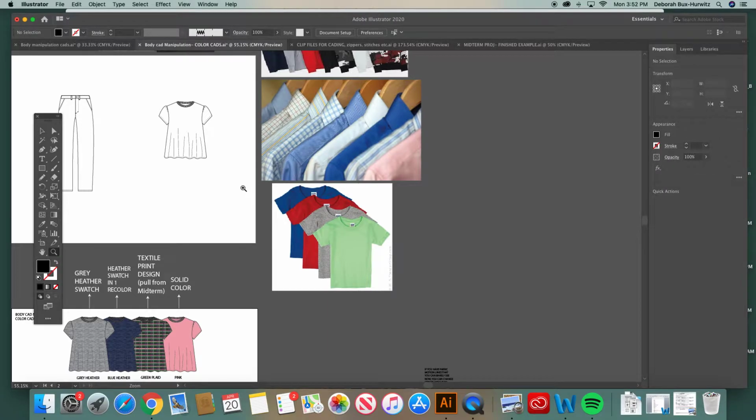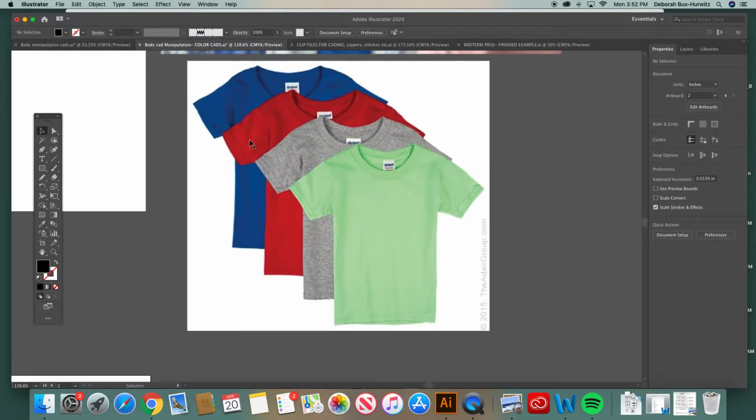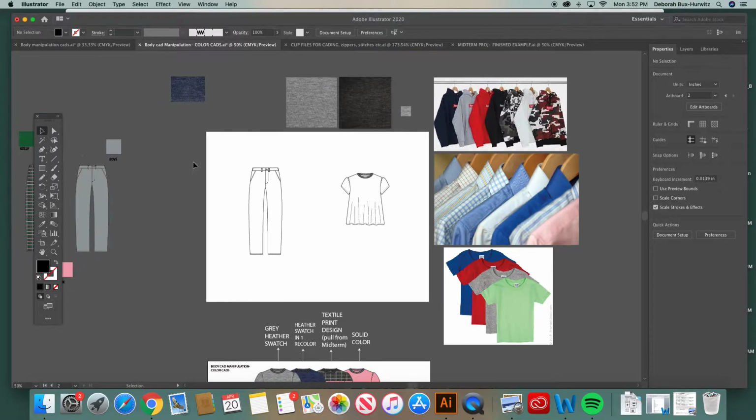And then down here, just showing you, this is a range of colors, solid colors, but this t-shirt also includes what's called a heathered fabric. So I just wanted to walk you through those lessons, so you can learn how to